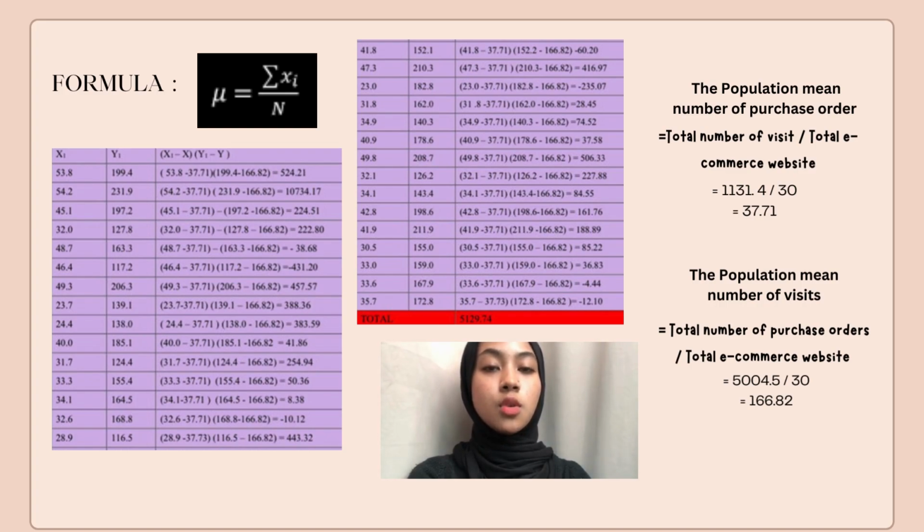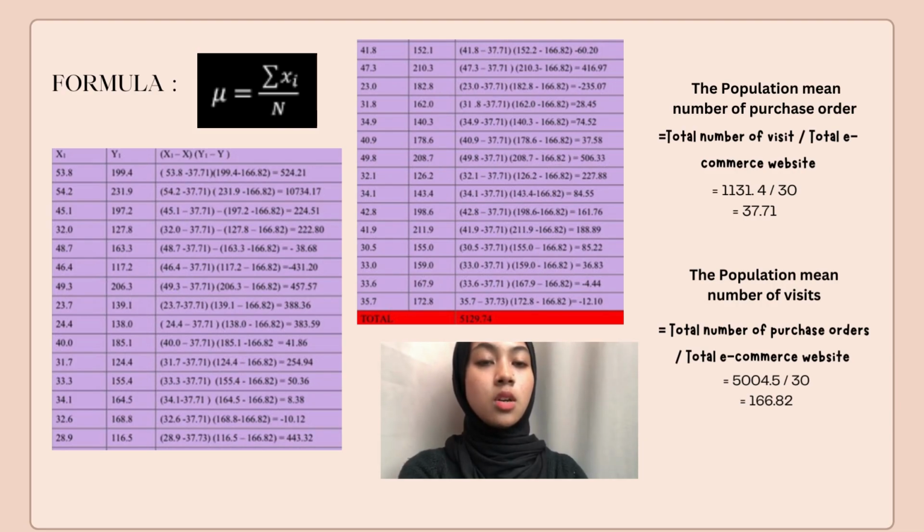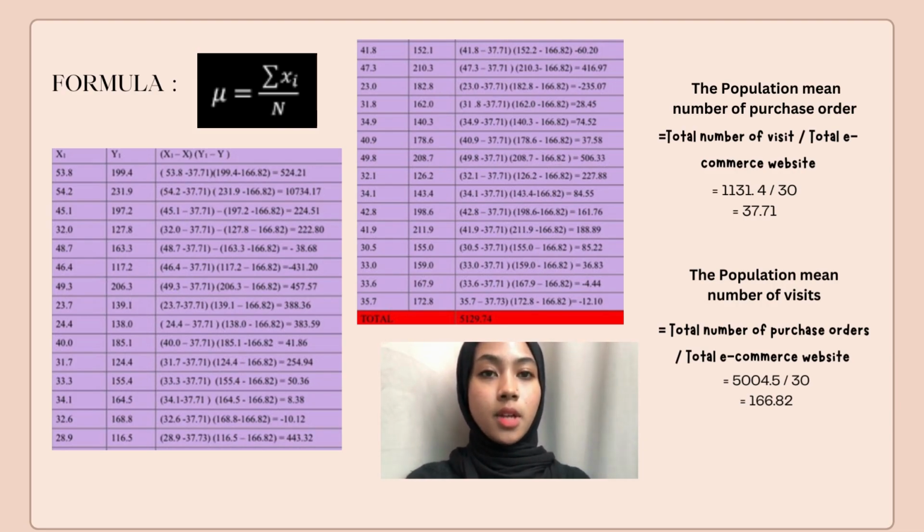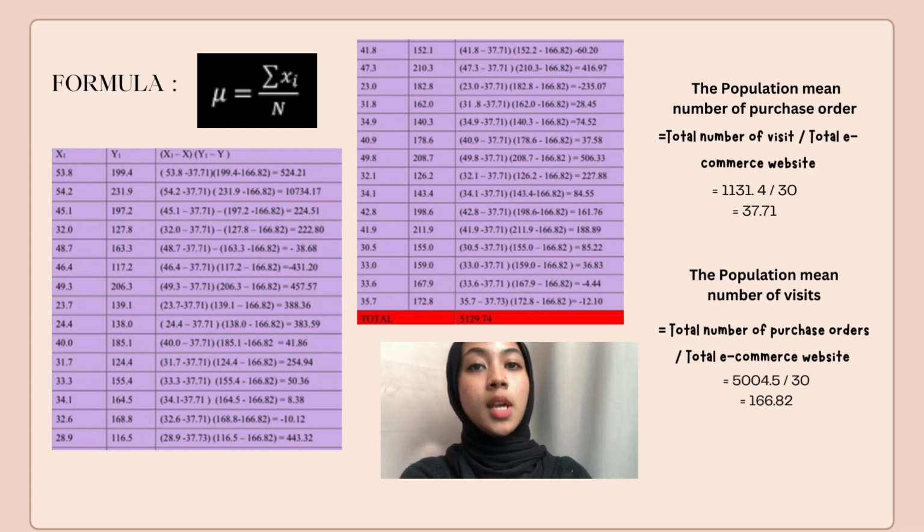This question had two calculations to finalize the answer, which are the sample covariance and the correlation coefficient. Let's start with the covariance. To find the covariance, we use the formula of xi, the e-commerce website, minus the mean for e-commerce websites, times yi, the number of visits, divided by n minus 1. The data given for Sxy equals 5129.74 divided by 30 minus 1,